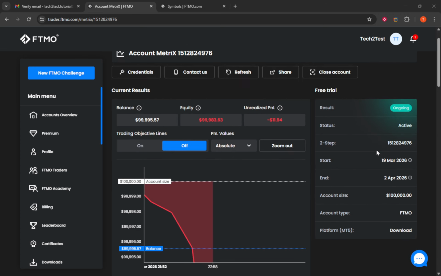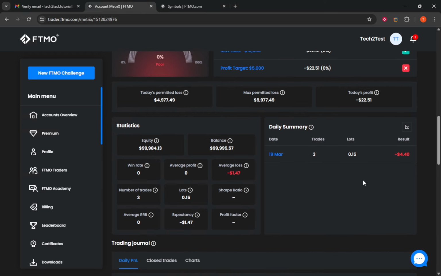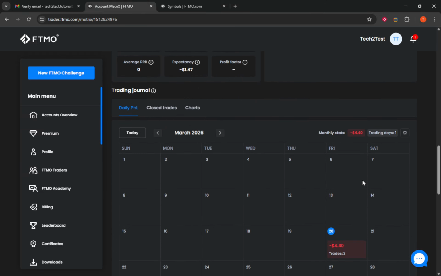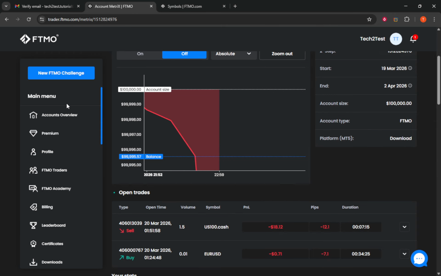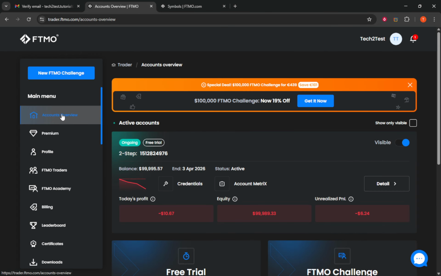The second is Account Metrics, a more interactive, real-time dashboard available throughout your challenge or funded account. Here you can track your equity and balance curves as they evolve, review open trade details, study outcomes and recurring patterns, add notes to your trading journal, and break down performance by time, instrument, and trade type. Used together, these tools show not just whether you won or lost, but how and when those results tend to